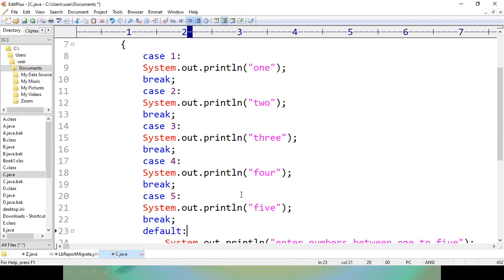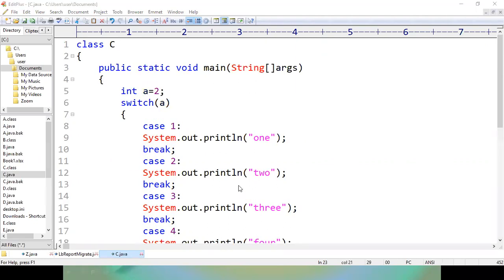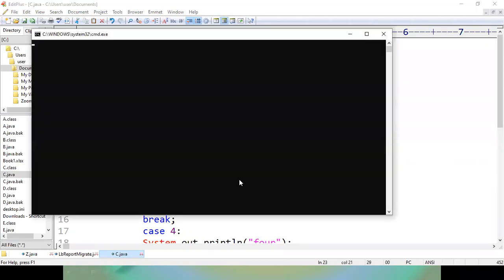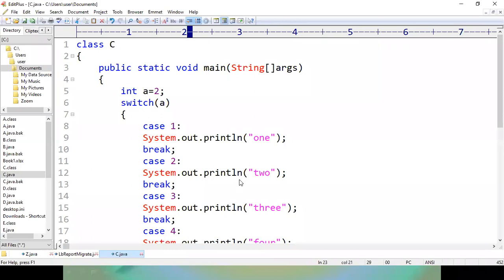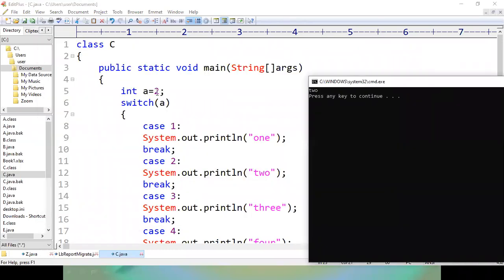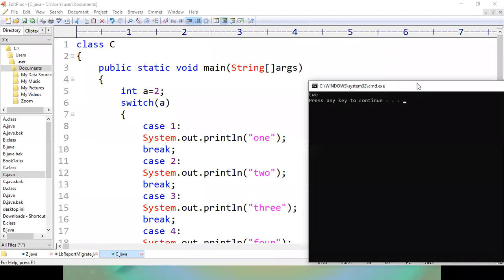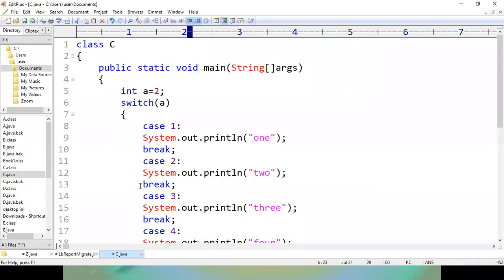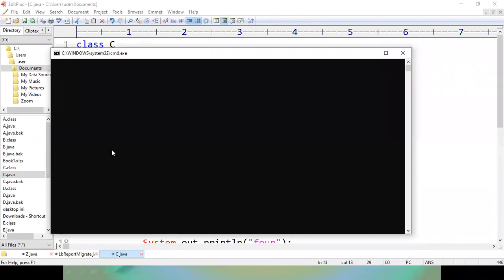Right? So now let us see the output of this code, and then we will remove the break statement inside the switch case and see what the output will be. Here I have given a equal to 2. The case matches case number 2, and it has printed 2 on the output. Now let us remove this break statement, and compile and execute the code.